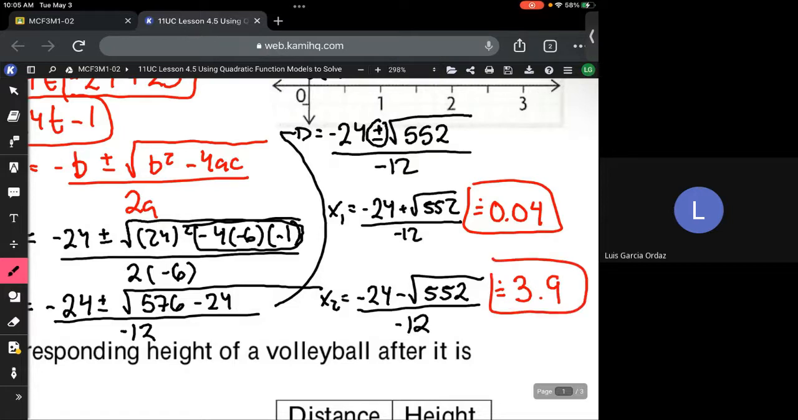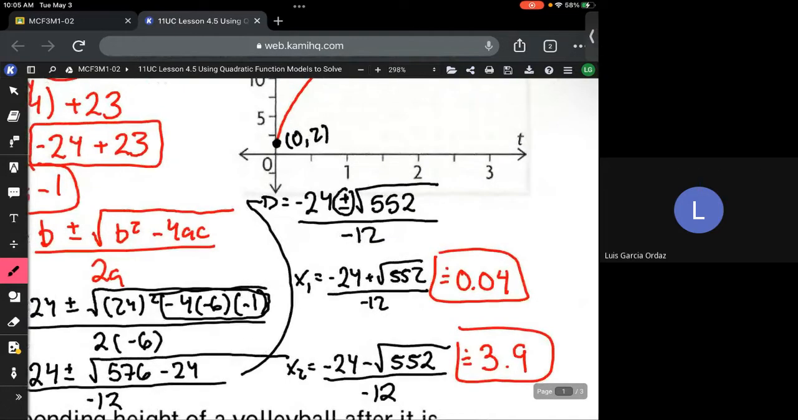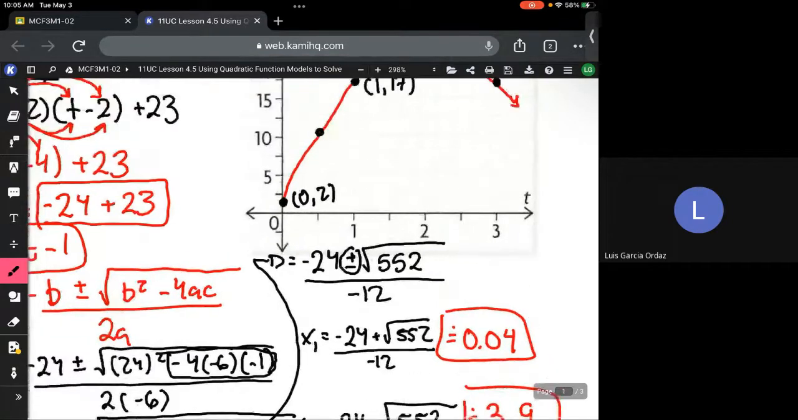So out of these two times, which one makes the most sense? That's the one the ball hit the ground. Would it be 0.04 seconds or 3.9 seconds? 3.9. Remember, 0.04 is going to be the start. When it hits the ground, it happens at 3.9. Therefore,